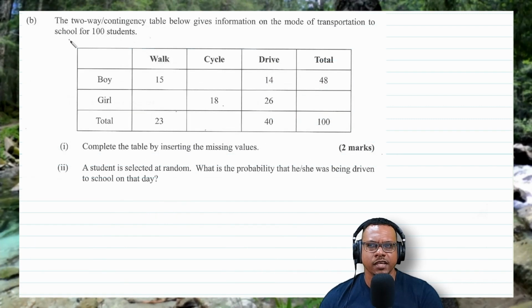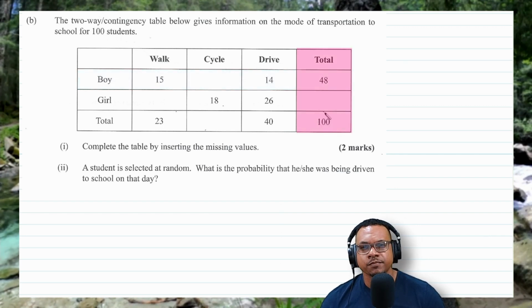So moving on to part B here now, we have the two-way contingency table below that gives information on the mode of transportation to school for the 100 students. So we have boy, girl here, total. This is the column that's giving us how many boys and how many girls walking, how many boys and girls cycling, likewise boys and girls driving, and this is the total, right? So this will be the total amount of boys, this will be the total amount of girls,